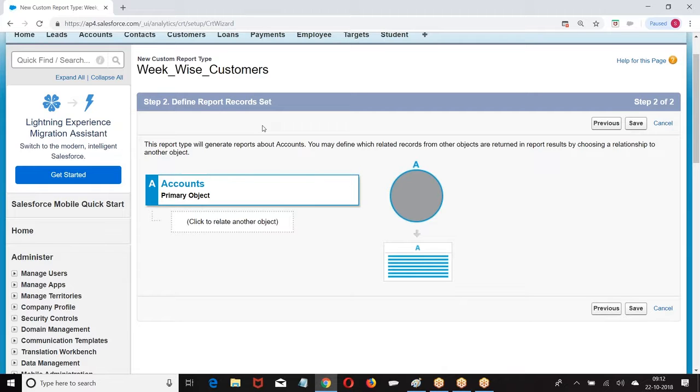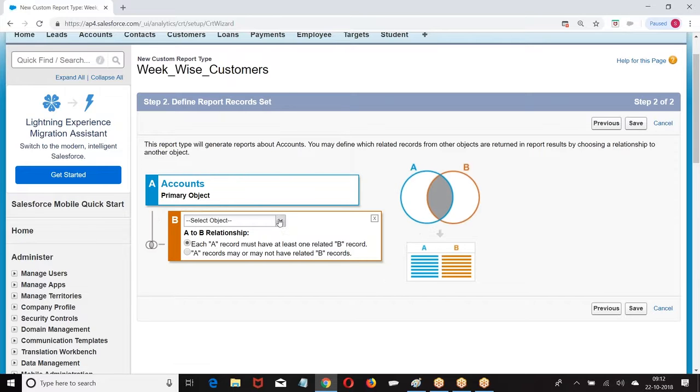You are creating a report on account. Are you also trying to create a report on the child object? If yes, which child objects are those? Let us say I want to take a contact object or opportunity object along with the account with the corresponding opportunities. Account is a parent, opportunity is a child. It is not necessary that every parent will have a child. Every parent may or may not have a child. Every account may or may not have an opportunity.